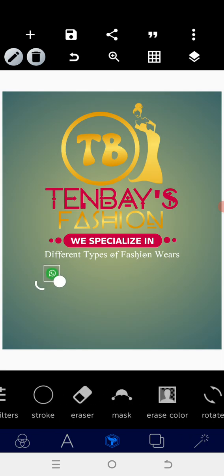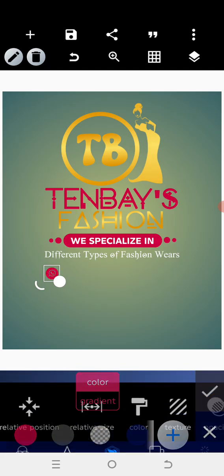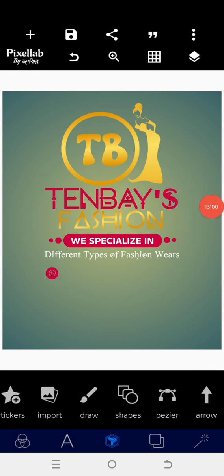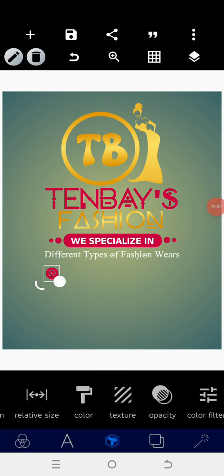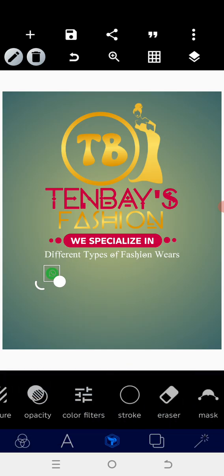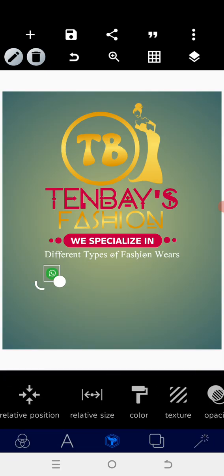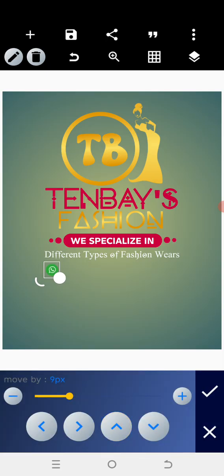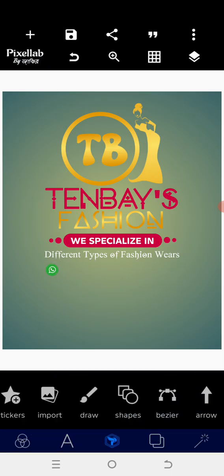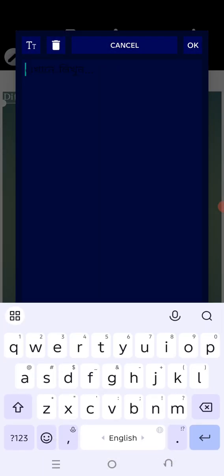So I want to maintain the color. So I have to remove the white, then give it a different color. So let's say the pink and see what we got. And if you want to maintain the same color, we can decide to not give it color. We'll maintain our green and white. So no need of removing it. So I'm going to position it here. So after that, I will put in, let me still maintain the same font and see